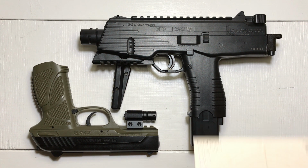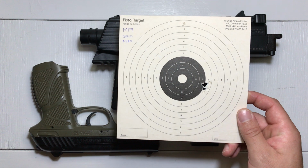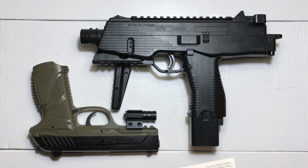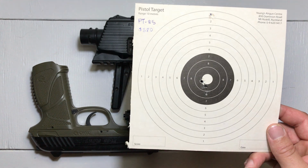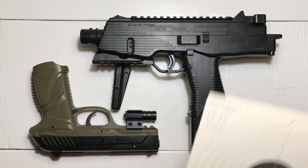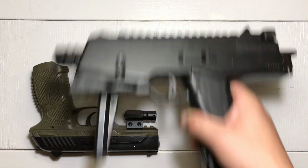Got some grouping here too. This was for the MP9. Nice tight group, bit off center, but yeah. One of the PT85. It was real nice for a blowback. They do shoot pretty accurately. Only 8 shots on that one there. Also got